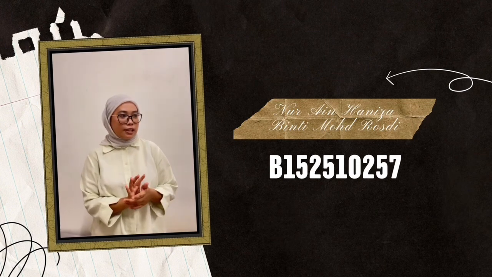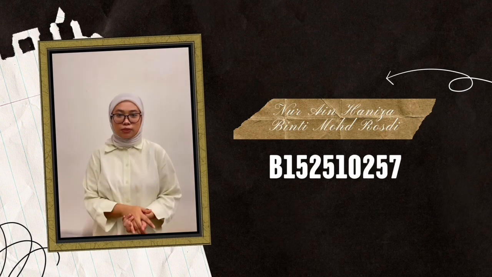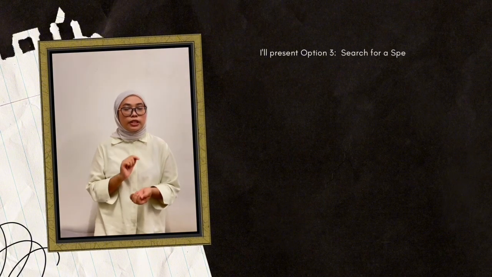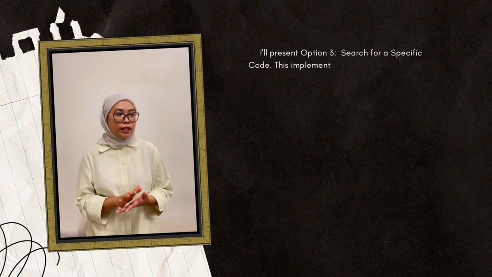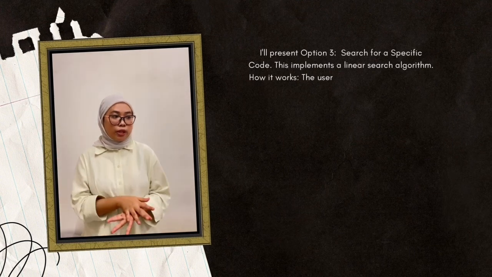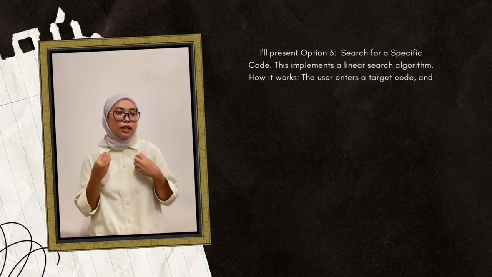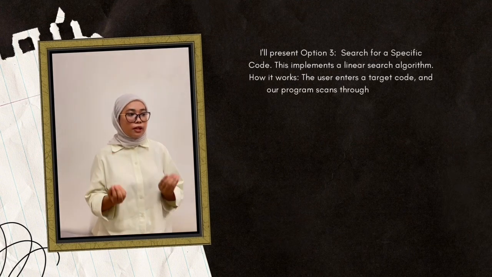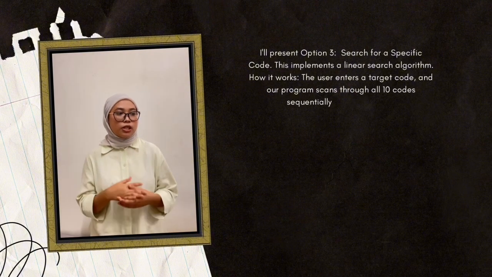My feature is search for a specific code. I will present option 3, search for a specific code. This implements a linear search algorithm. How it works: the user enters a target code and our program scans through all 10 codes sequentially to find